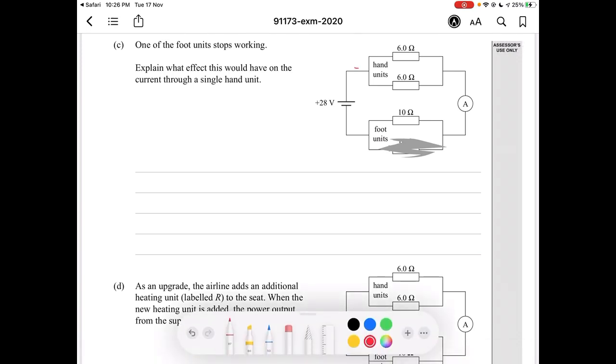And if the total current in the circuit decreases, therefore, at this junction here, the total current will decrease. Therefore, the current I1 or I2 will also decrease. So the conclusion is that the current for a single hand unit will decrease. So if we write this one out, we can say that when the foot unit, we're just going to abbreviate to FU, stops working,